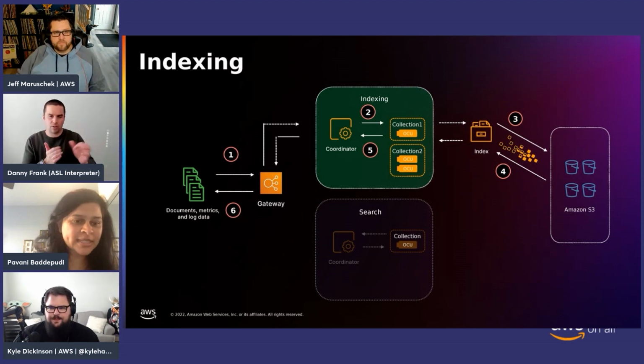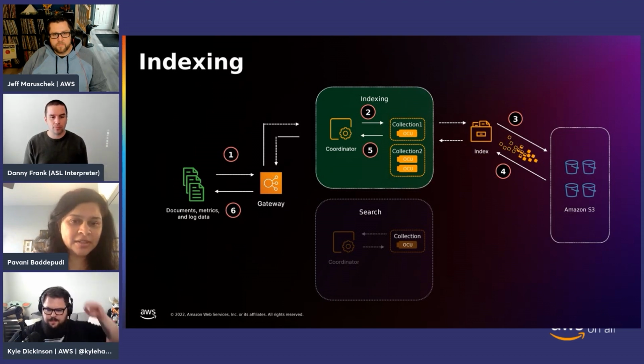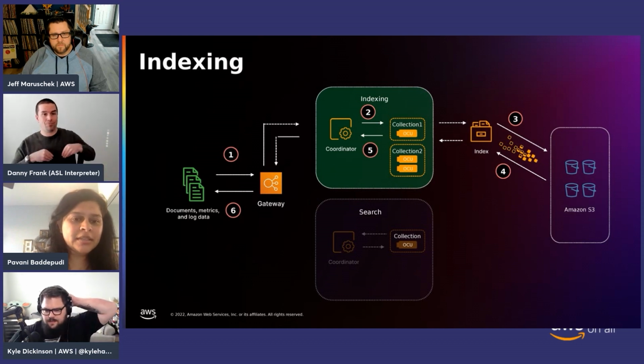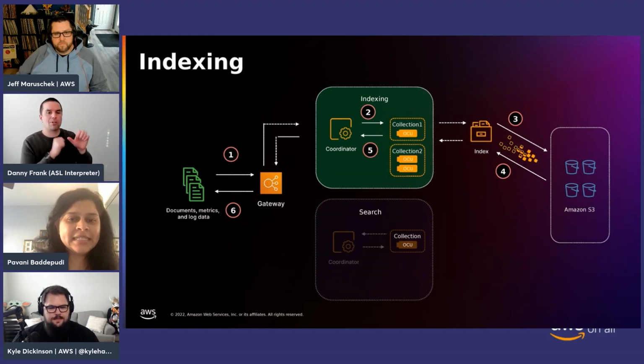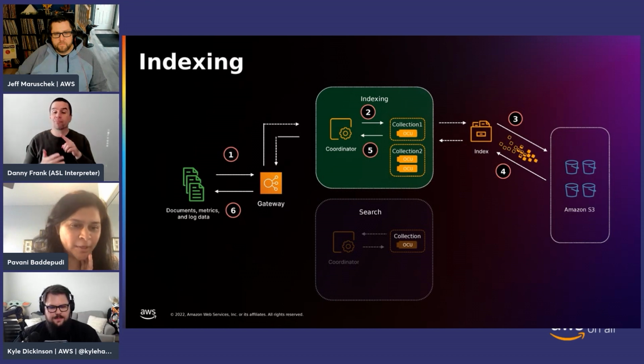And also how customers are getting durability, right? That's one of the popular asks for OpenSearch as well. As we ingest the data, given that we now have a separate indexing pipeline, it hits the gateway. Gateway is basically looking for authentication. Once the user is authenticated, you send the data to what we call collections. Collection is a collection of indices where you're storing your information so that you can query later, right? These indexing nodes are backed by OCUs,